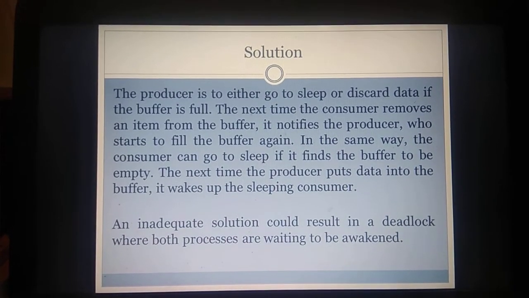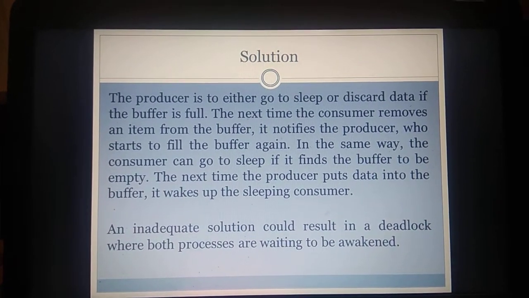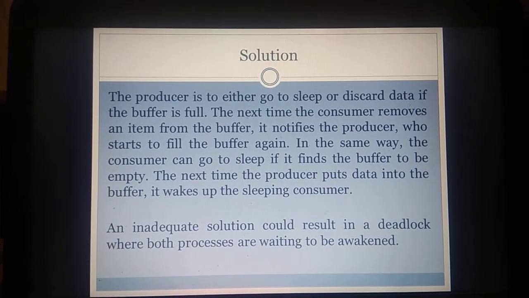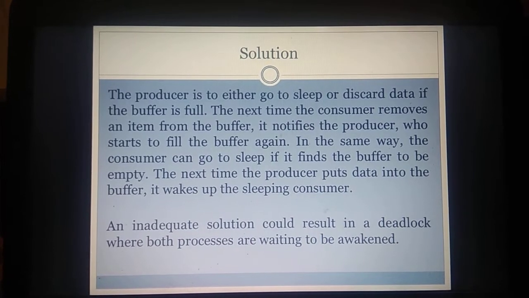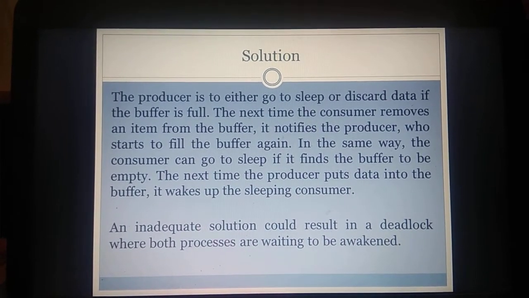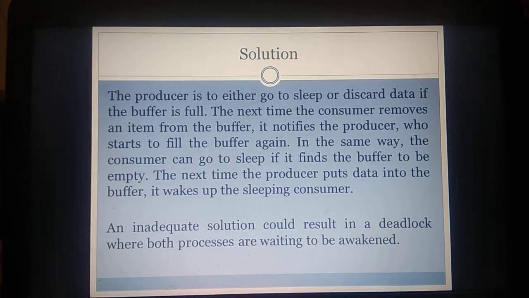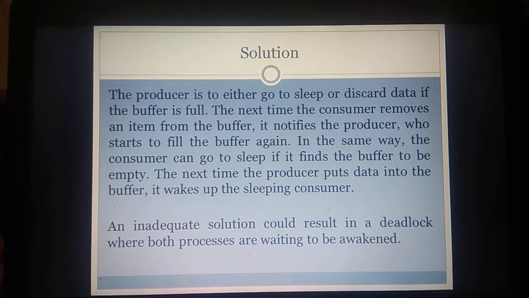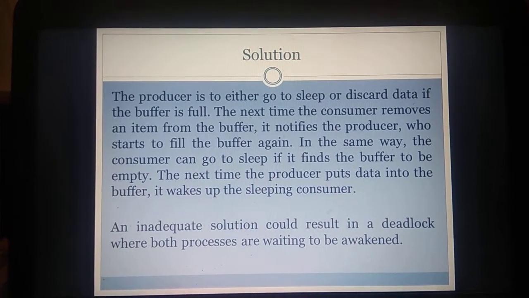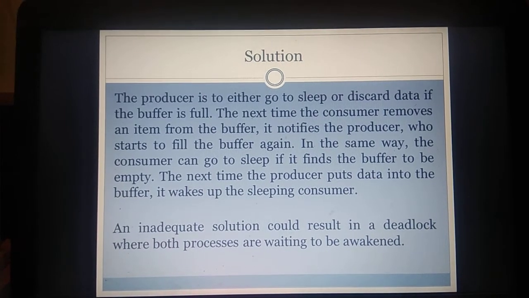So we are using the notify method. The thread will be in sleeping mode, and we notify the sleeping thread so that it will execute again. In the same way, the consumer will go to sleep when the buffer is empty.